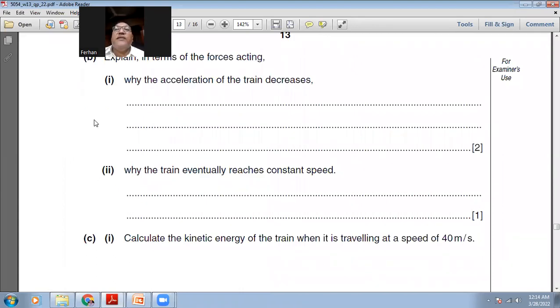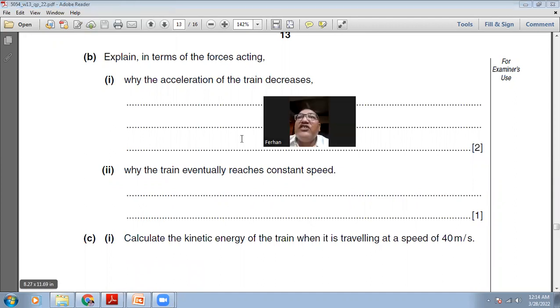He says, explain in terms of the forces acting why the acceleration of the train decreases. The acceleration of the train decreases because the train is gaining speed. As the train gains speed, the air resistance acting on the train will increase. The driving force is not increasing, but due to the increase in speed, the air resistance is increasing. So the resultant force, which is the driving force minus the air resistance,